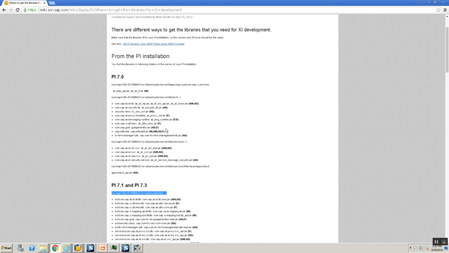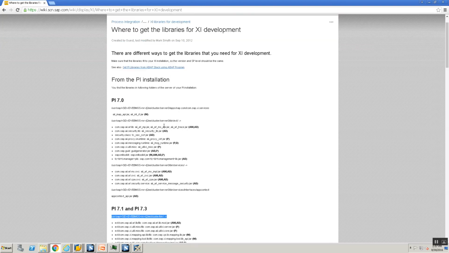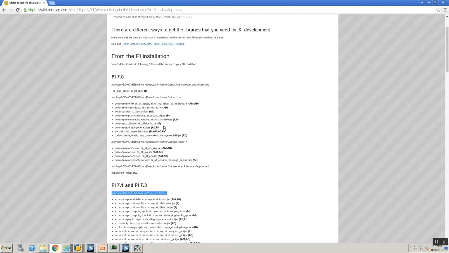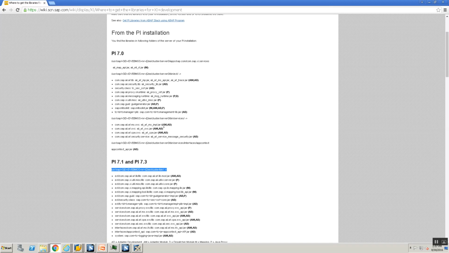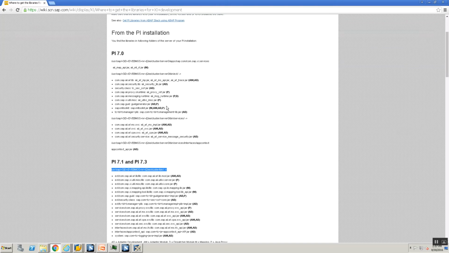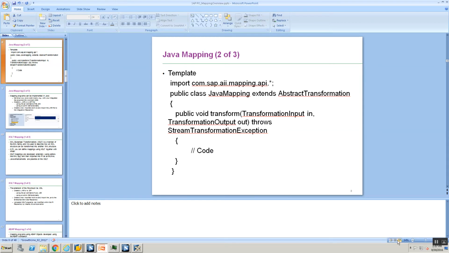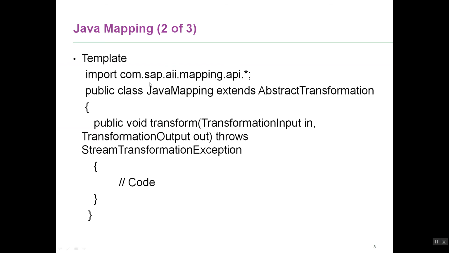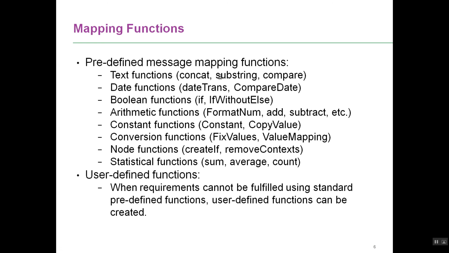So this document is not only, PI provides multiple other ways of doing Java development. So if you would like to do that, nothing to worry, but there are custom coding around adapter modules that you can develop, custom adapters that you can develop. All of that is extremely advanced PI coding, but for a mapping program, the only jar file that you require is com.sap.xpi.lib.mapping.api.jar. So this particular jar file will contain this package called com.sap.aii.mapping.api, right?